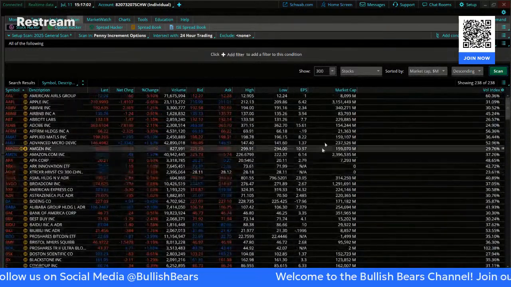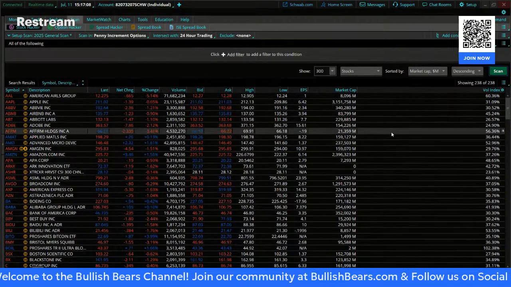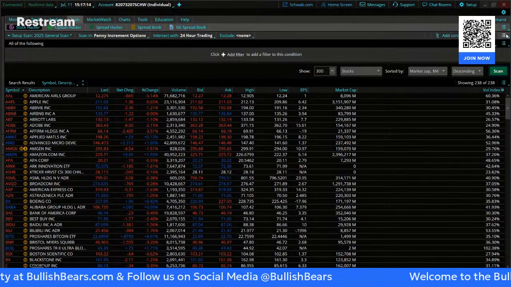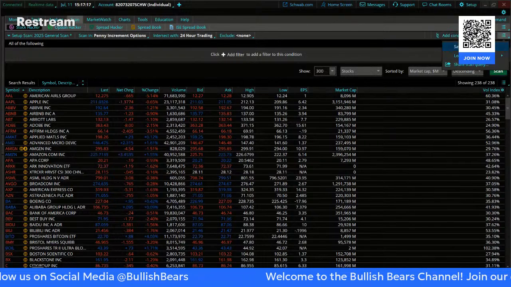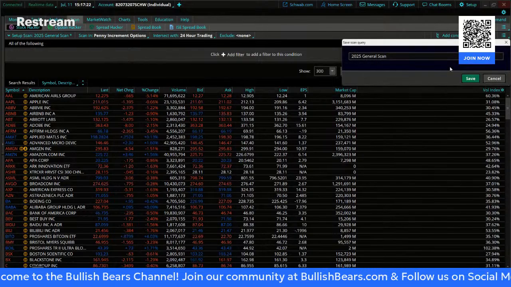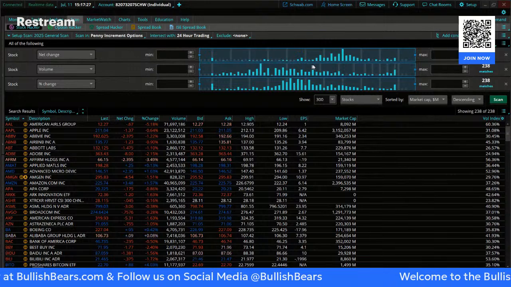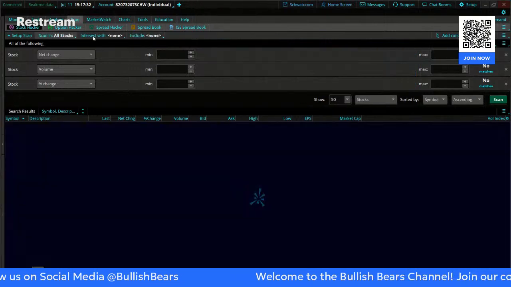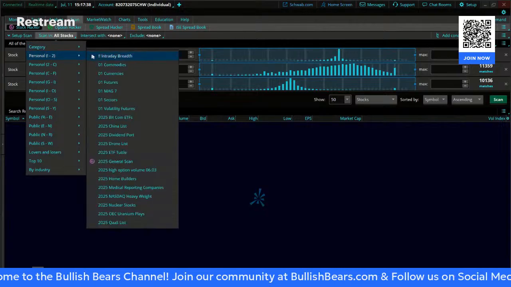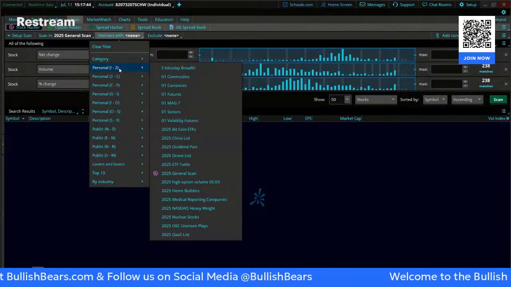That's all 300 names now. That way it doesn't cap out. And I did that because I want to use this as my first tier in another scan. So this is just my broad outline scan. So I'll save it, make sure it's saved with the right settings. And then we will eliminate it or reset everything. And now we can scan in that scan. And we can intersect it with whatever we want, right?